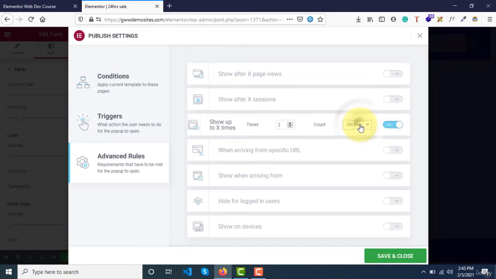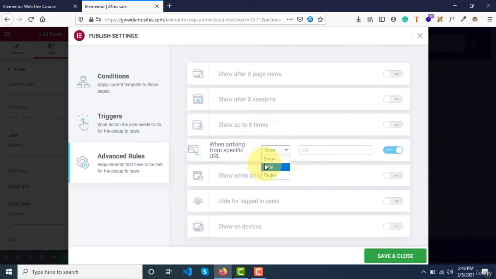You can decide it, or else you can decide when arriving from a specific URL. In case he is coming from a different URL, say some external URL, then you can enter that URL here. If the person is coming from that page, you need to show it here. These are all options. These options have their own unique features and functionalities, and trust me, with these you can simply create amazing, dynamic pop-ups